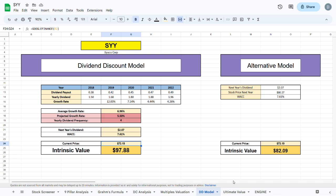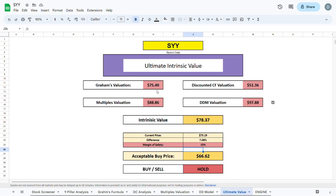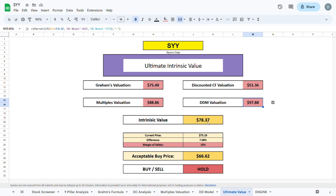Now we can move to our ultimate valuation model, where we average out the Graham's formula, multiples valuation, discounted cash flow valuation, and the dividend discount model to arrive at an ultimate intrinsic value of $78.37, about 7% higher than the current trading price. Now if we plug in a margin of safety of 15%, the general margin of safety I like to go with, we will get an acceptable buy price at